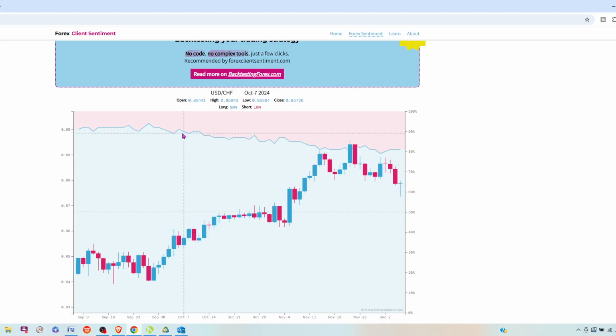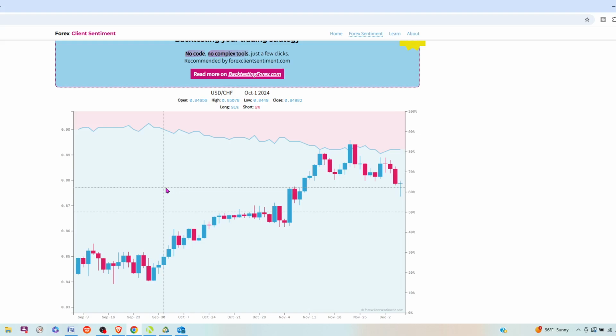However, you should notice though that as price is going up, the retail sentiment is coming down. Okay, because again, you have retail traders that are trying to pick tops, and are starting to increase their short position. So this pink area is growing, meaning that the shorts are starting to increase. Okay, but we still are at a big extreme here. We are still going up. Okay, and so this is one that is not a good use of this indicator or this methodology, because we have an agreement. We have increasing price and we have a very large bullish sentiment.